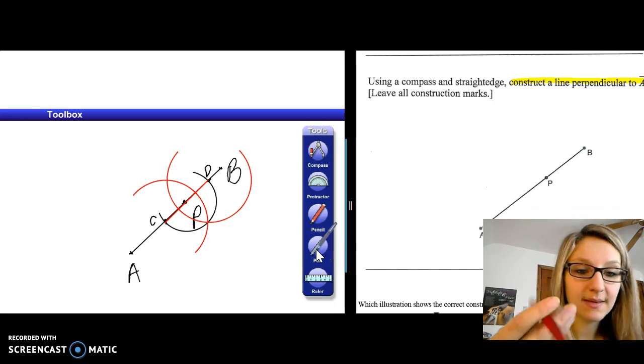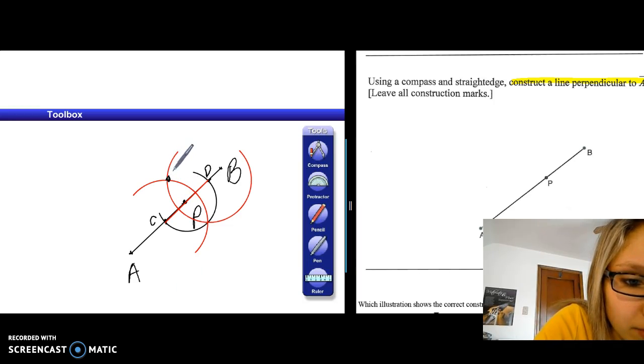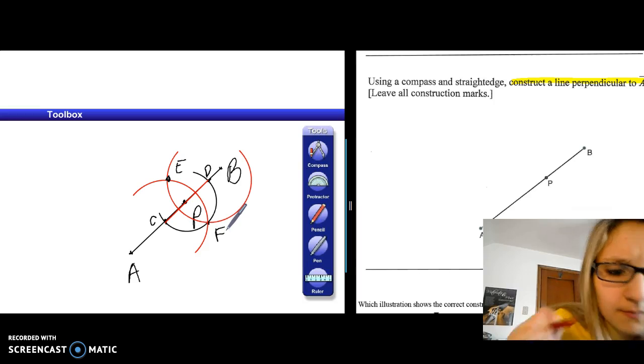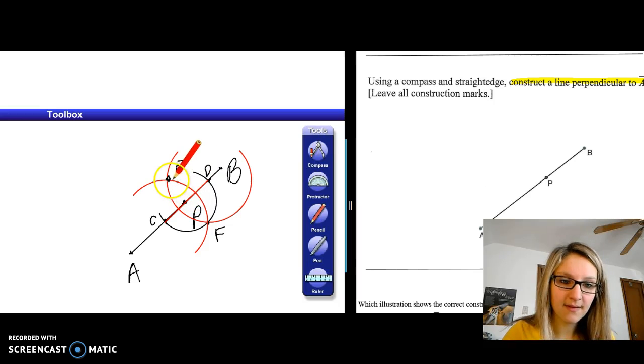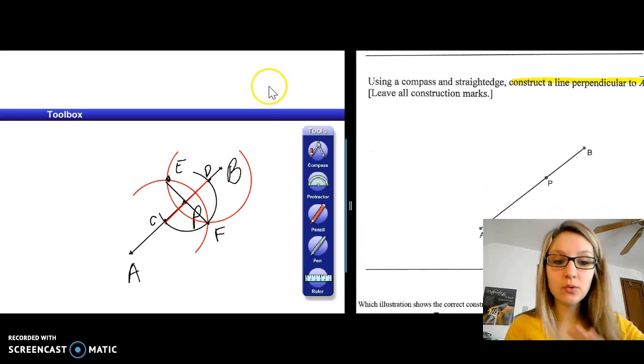And I'm just going to label these, and I'm going to make them black so we can see them a little better. So this is a new point, we'll call it E, and this point down here we'll call it F. And now we can draw in our perpendicular, which as you can see goes directly through point P, and that's what we wanted. So you will transfer this